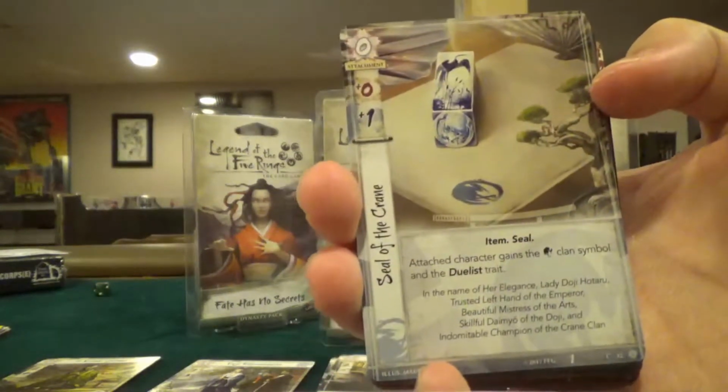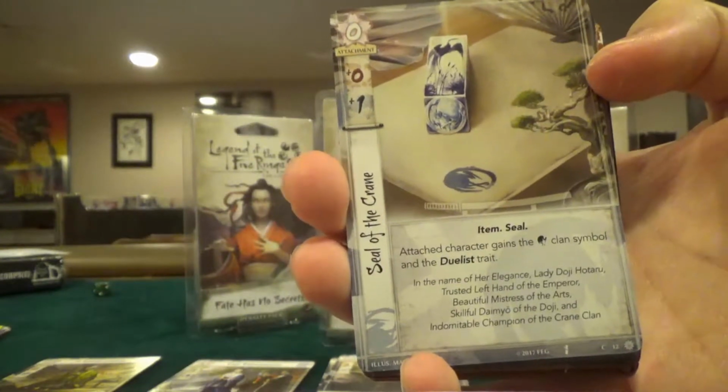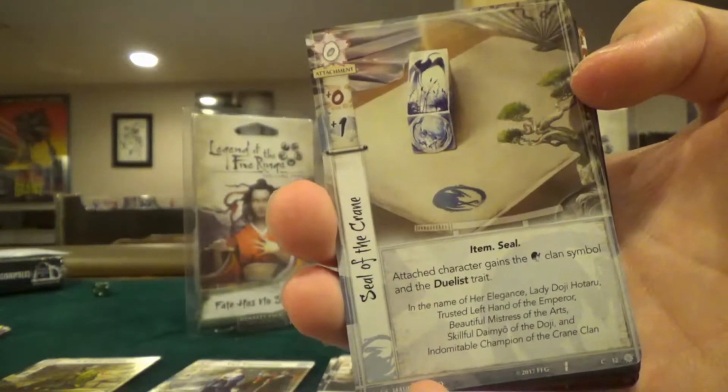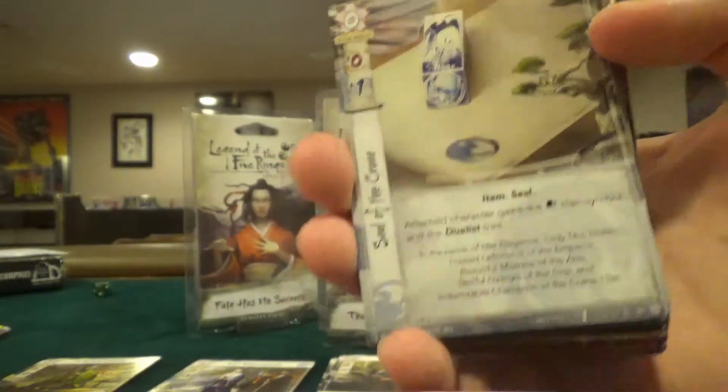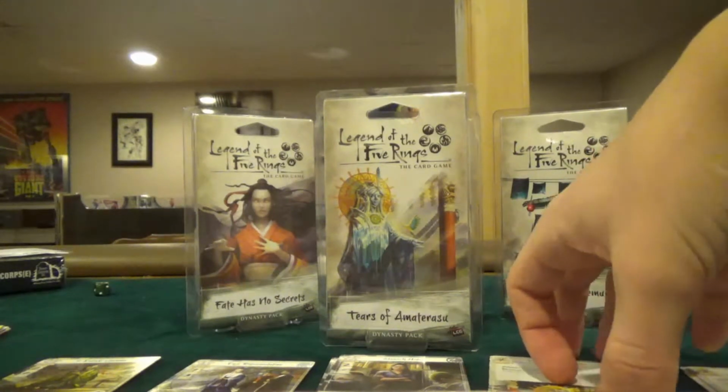Seal of the Crane. I feel like we saw this last time, but I don't think they would put a second one in it. Anyway, this is the Seal of the Crane. As an attachment, an attached character gains the Crane clan symbol and then duelist trait. So basically just turns a basic card into Crane. And I think I was wrong. I'm pretty sure they have cards for every clan in each thing. Anyway,